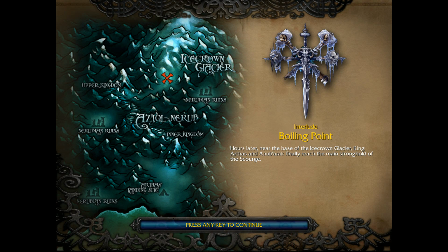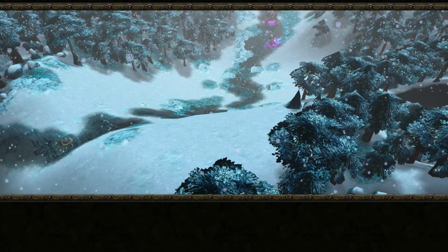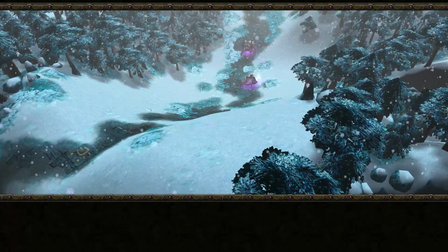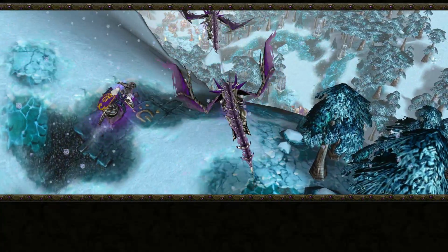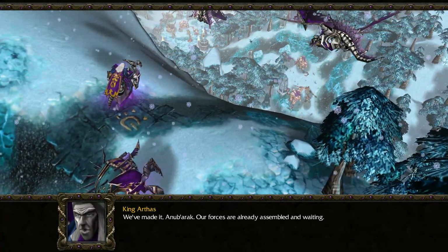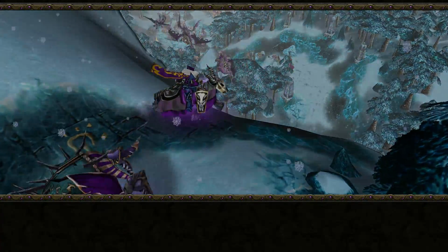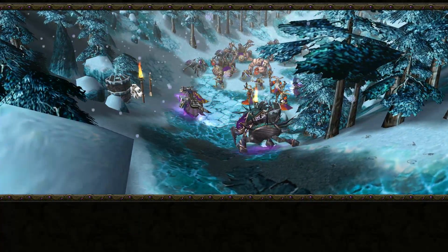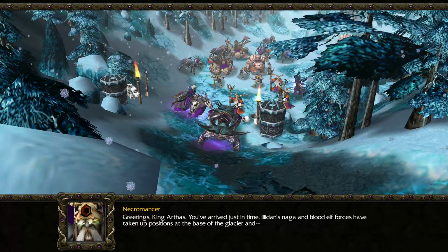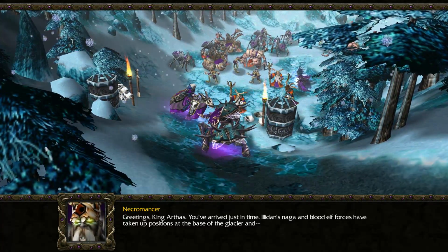Hours later, near the base of the ice-crowned glacier, King Arthas and Anubarak finally reach the main stronghold of the Scourge. We've made it, Anubarak. Our forces are already assembled and waiting. Greetings, King Arthas. You've arrived just in time. Illidan's Naga and Blood Elf forces have taken up positions at the base of the glacier and...